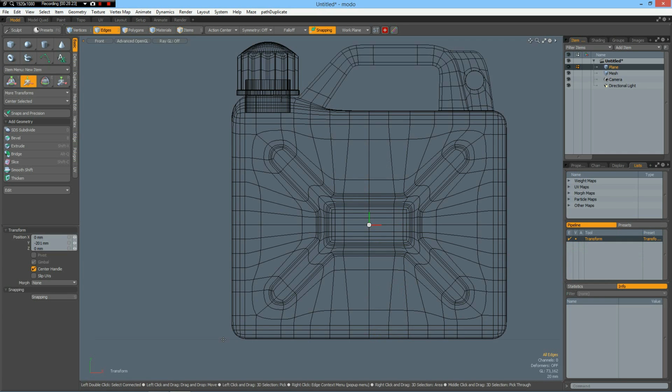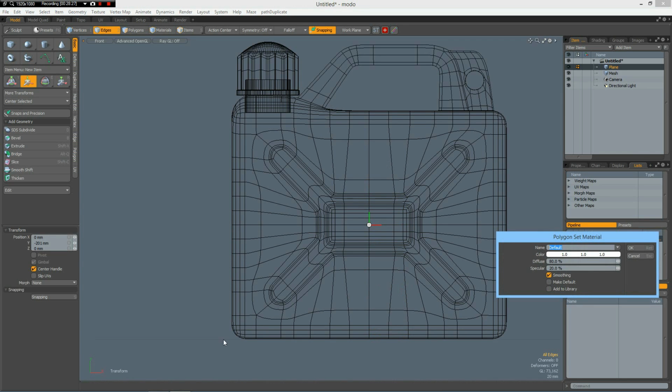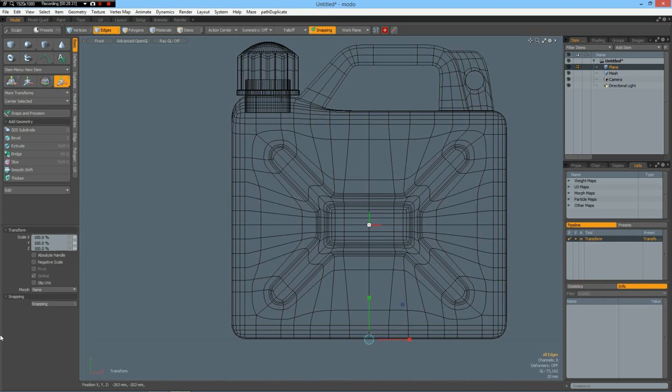Sorry, I didn't mean the P key, I meant the M key to give a material. This is the plane material. I resize it also a bit,